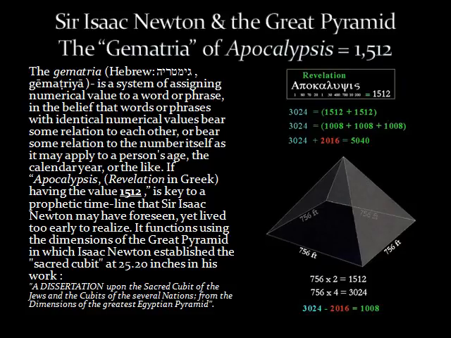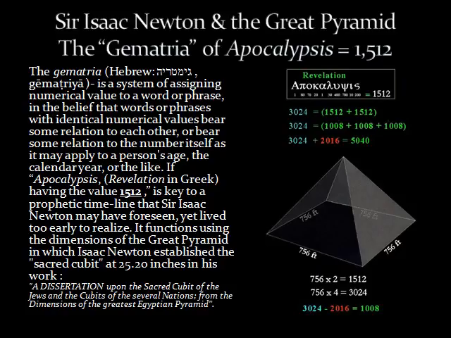If apocalypsis, revelation in the Greek, having the value of 1,512, is key to a prophetic timeline that Sir Isaac Newton may have foreseen, yet lived too early to realize it,